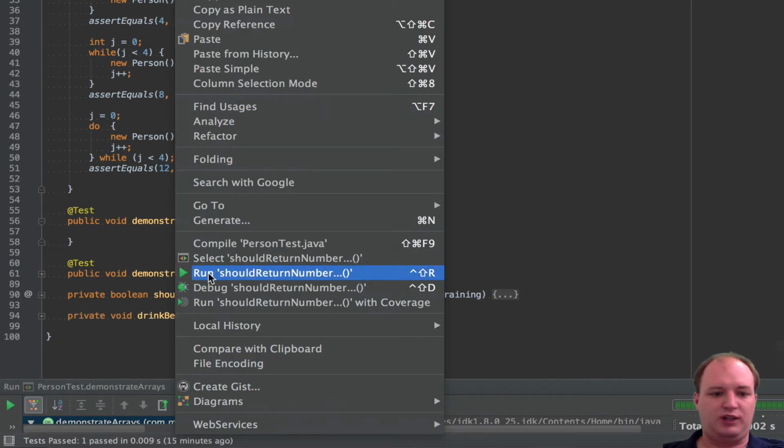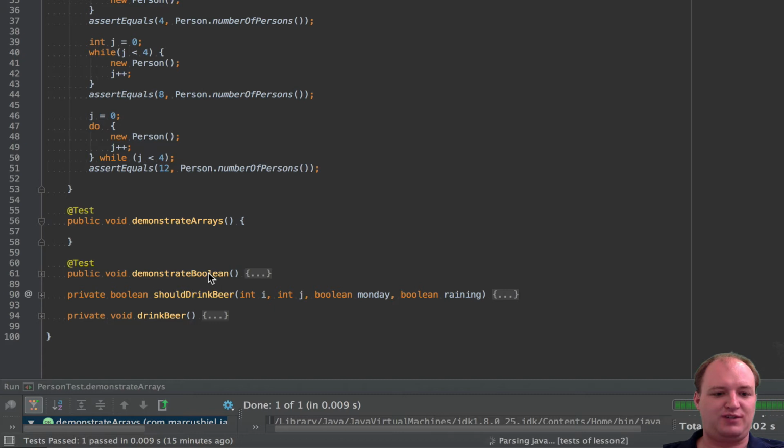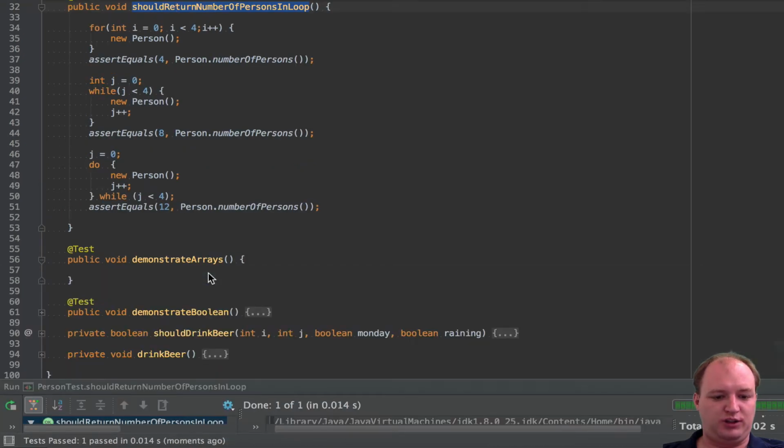Well, I've done it beforehand just to be on the safe side, so it should be working, and see, we have the green bar as expected. Okay, so these were the three loops, sorry, that I introduced so far. I'm going to introduce you to the for each loop very soon, but for this we need to talk about